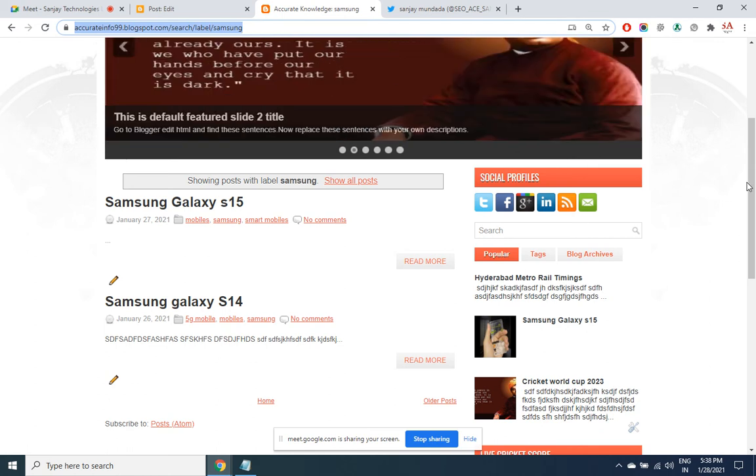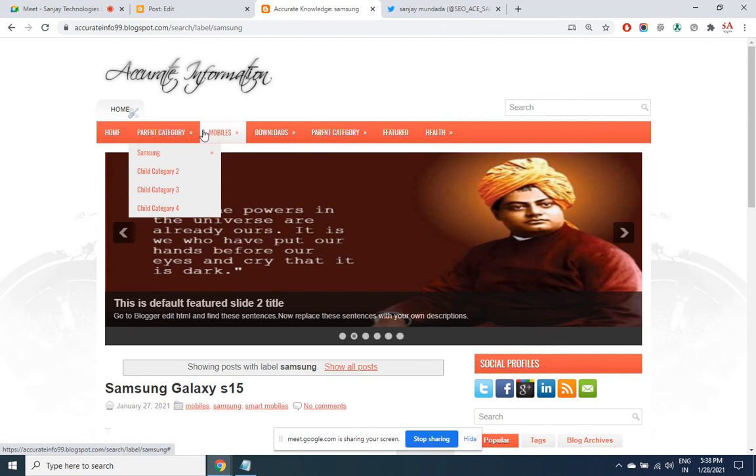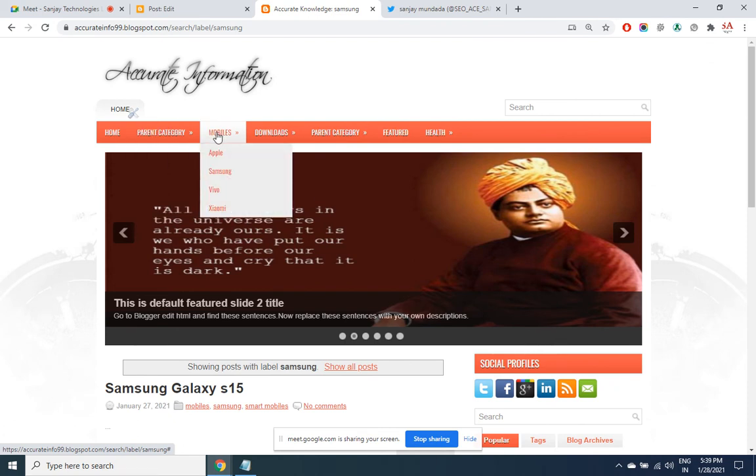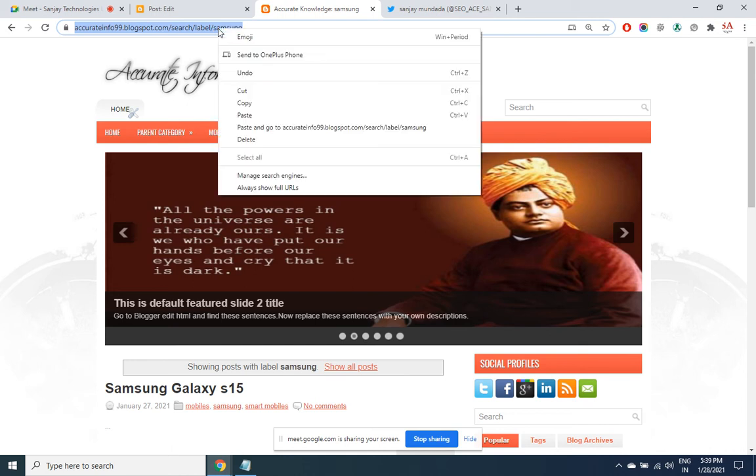Right now what we have seen is how to provide individual link to each page, but you may want to provide a link for a group of posts altogether. Let's say here Samsung. I want to provide a link to Samsung where all the pages of Samsung are shown up, where the common label Samsung is used. So I'm copying this label URL.